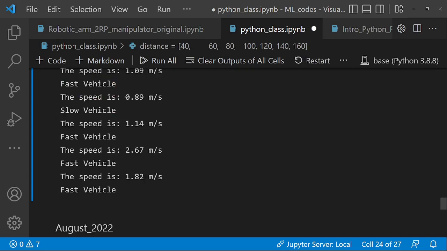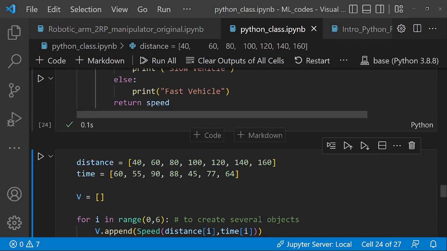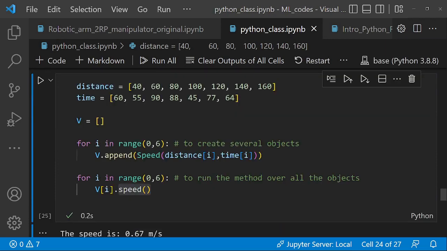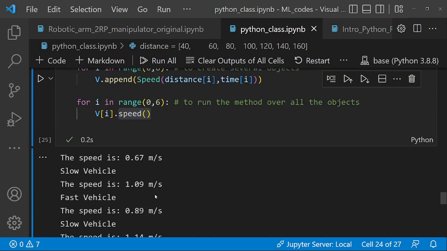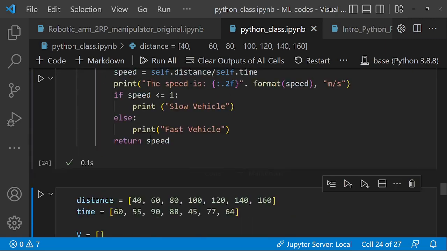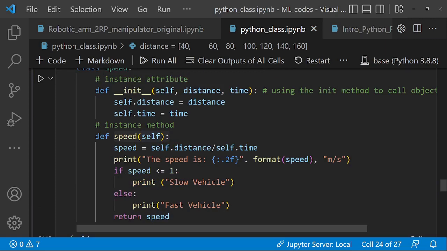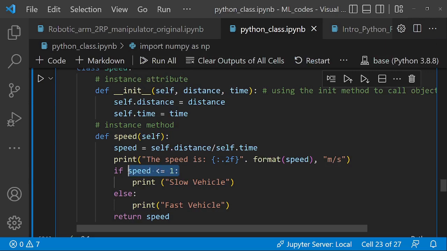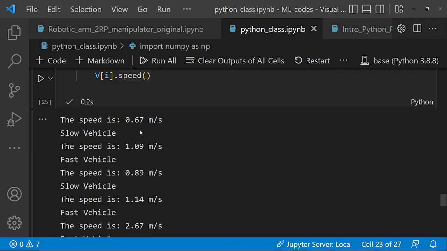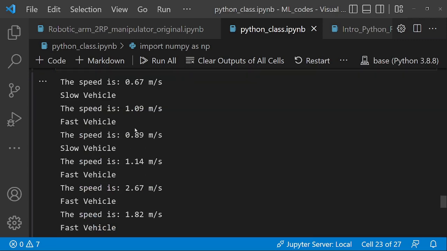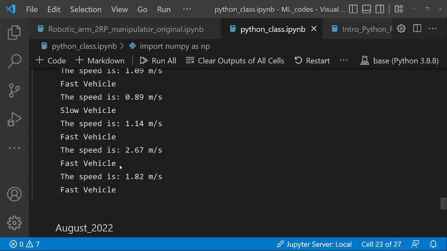So once I run this, we can see that for all the vehicles, 40, 60, this is the outcome of 40, 60, and it's a slow vehicle because it's less than 1, because that is what the method is checking. If speed is less than or equal to 1, print slow vehicle. Else, if this is false, that means the speed is greater than 1, then print fast vehicle. So we can see that is what has happened here. Fast vehicle for 1.09, slow vehicle for 0.89, fast vehicle for 1.44, 1.14, and fast vehicle for 2.67, and fast